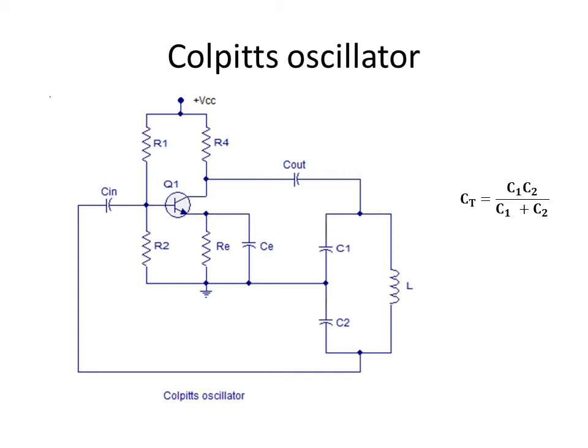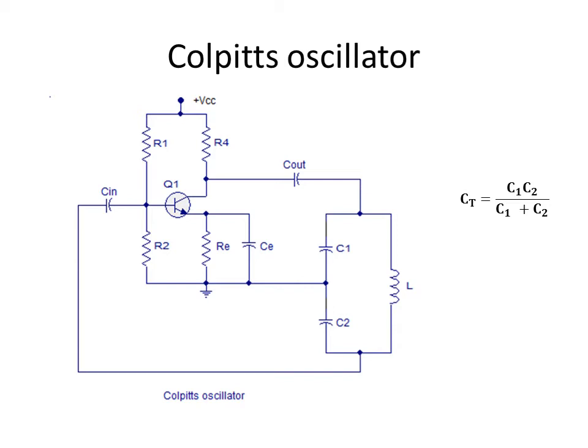When we turn on VCC, it will charge the combination of C1 and C2 to its fullest potential, and thereafter it will begin to discharge through L, and it will make induced EMF, and the induced EMF will result in charging of the capacitor in the opposite manner. So it will result in current reversal. So current will be flowing periodically in the clockwise direction and anti-clockwise direction. So that will set in oscillations.